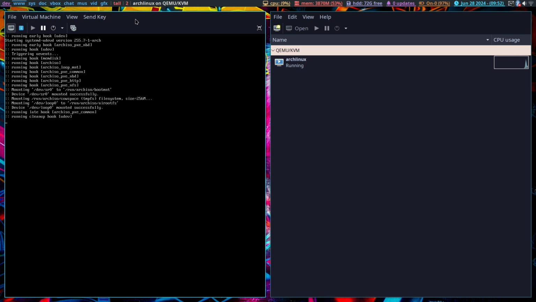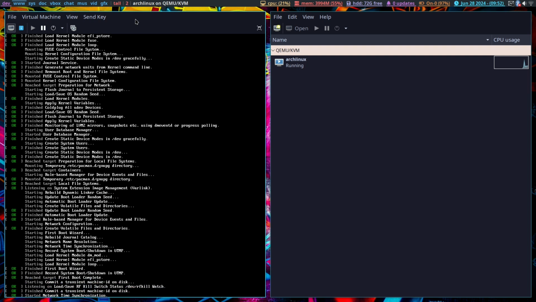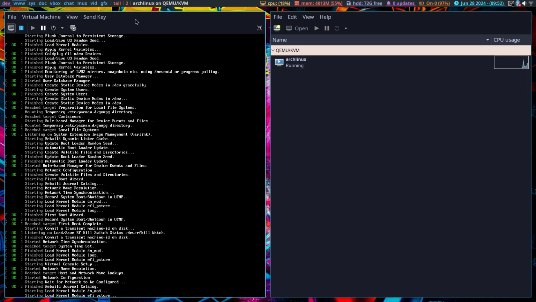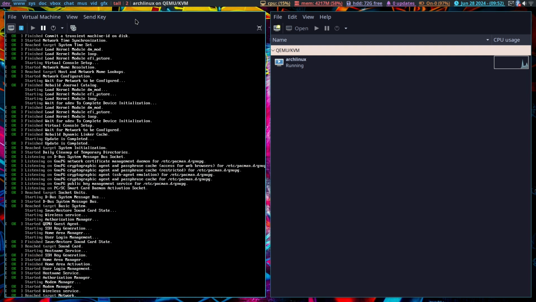Looks like it's good. Now, since it's a bit hard for me to switch back and forth between this virtual machine because of the way my key combinations are to switch back and forth, I'm actually going to SSH into this. It'll make it easier for you guys to see the text, and it'll make it easier for me to deal with. So when this boots up,